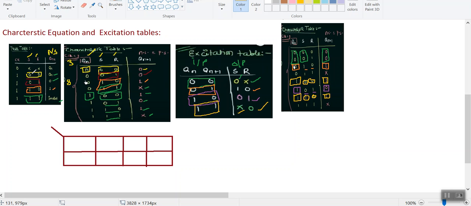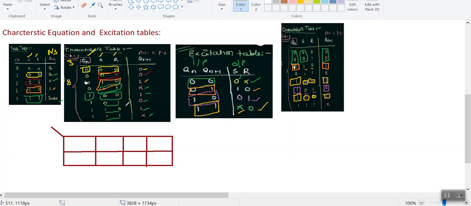Here we need to understand that the truth table is derived from the logic expression, the characteristic table is derived from the truth table, and the excitation table is derived from the characteristic table. From this characteristic table we can have the characteristic equation, and from this excitation table we will have the excitation equation also. We deal with these characteristic and excitation tables in order to design conversion of flip-flops as well as registers and counters. While going through those concepts, we need the characteristic and excitation tables as well as equations. For that reason we have the characteristic and excitation tables.